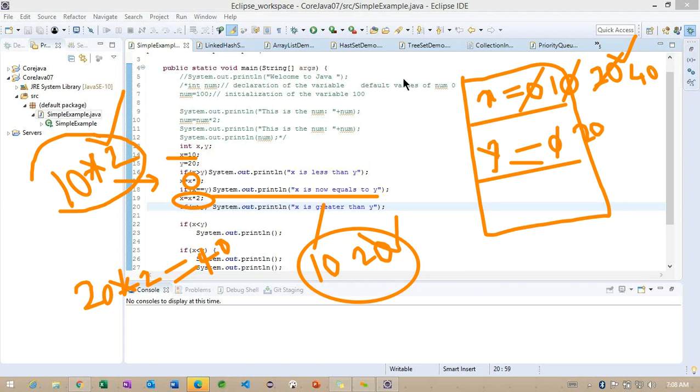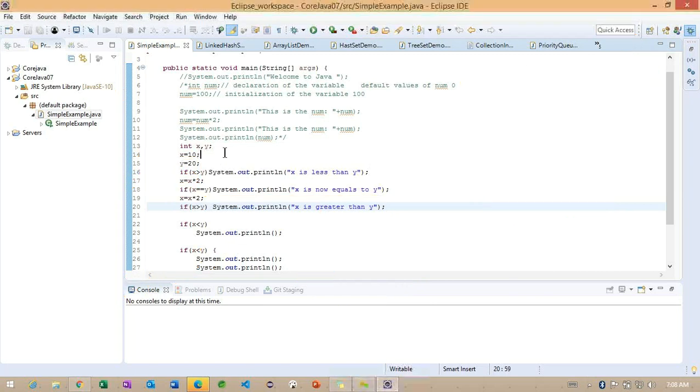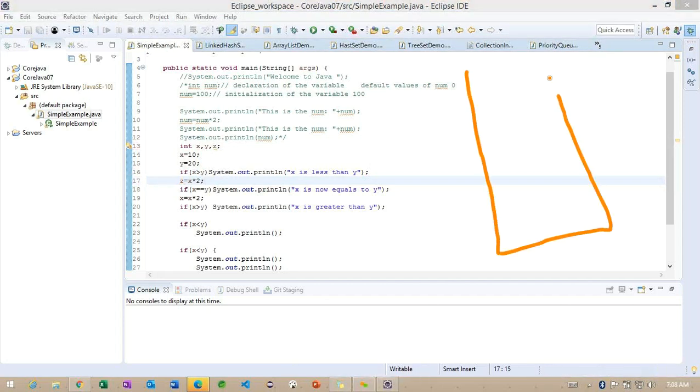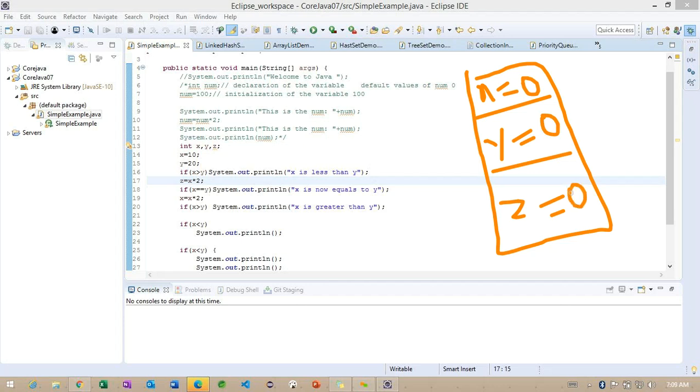But make sure, I want to provide one more step here. Here, instead of x, if I want to make some more changes, something called z. So now carefully observe, one more step enters the picture here. So carefully observe one more time. Again, I want to specify this is the x value, this is the y value, and this is the z value. Initially, the 0 will come. Later, we'll check why the 0 is coming.